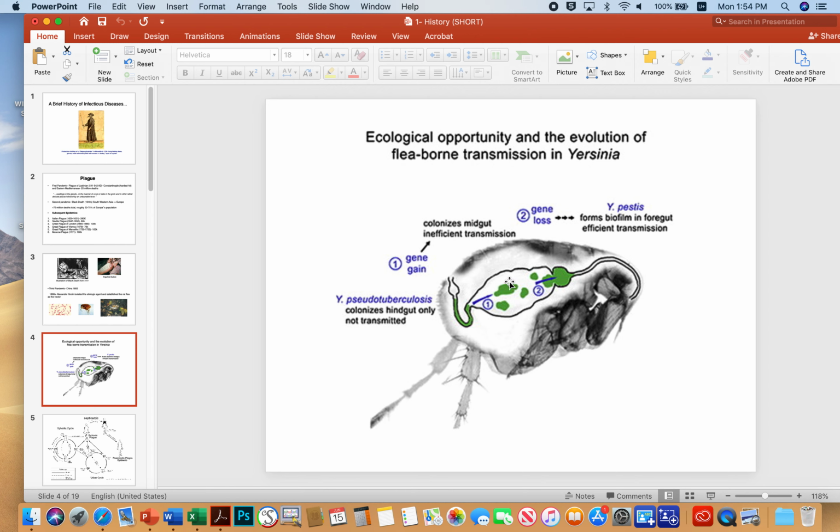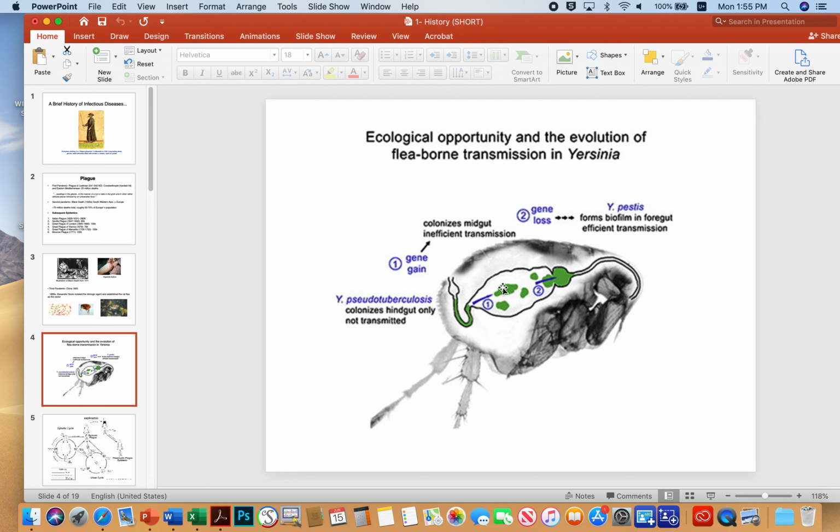And so this phospholipase gene allows the microbes to, who knows what, possibly take advantage of some nutrients that can be found in abundance in the midgut. That's one hypothesis. Another hypothesis is that the phospholipase genes allow the microbes to digest some kind of antimicrobial compounds that are here. But either way, the gain of this phospholipase gene allowed the bacteria to move from the hindgut